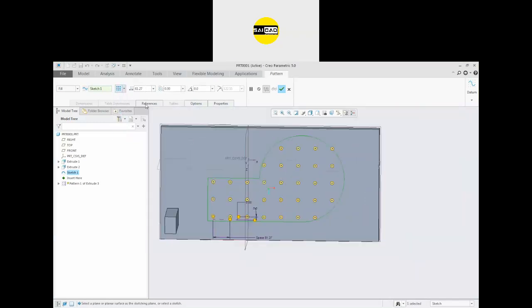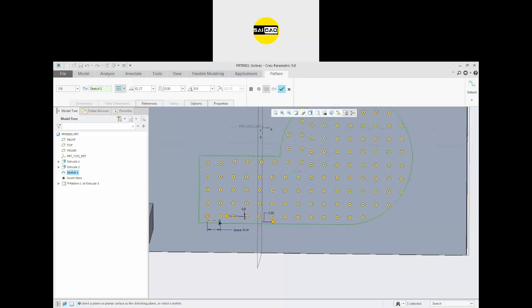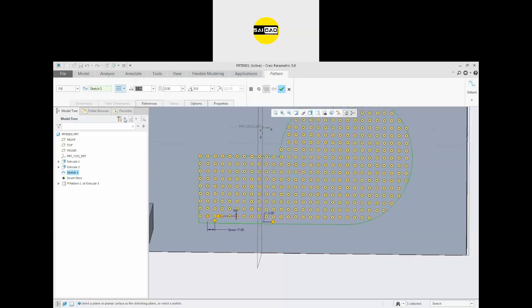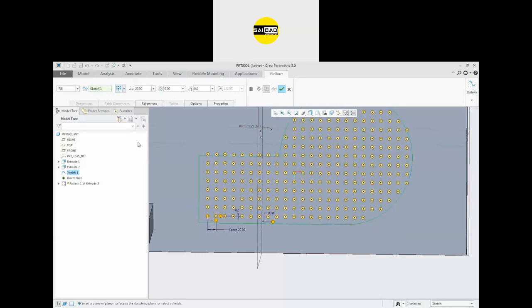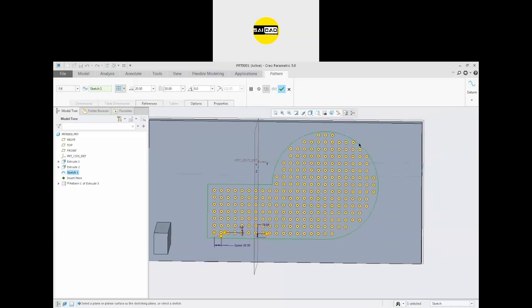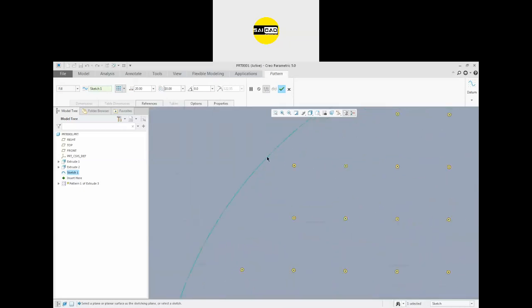So there is a gap between two entities. You can find the gap between two entities from here or from here. I want that gap to be 20. After that we have some option here. That is the distance any pattern member can have from the boundary. This option is the gap from the boundary. From the outside, you can see some feature will be created on the boundary. Okay, so I don't want them to be on the boundary. I want some offset that is of 10 mm. So from the boundary, every pattern will have some offset that is at least of 10 mm.